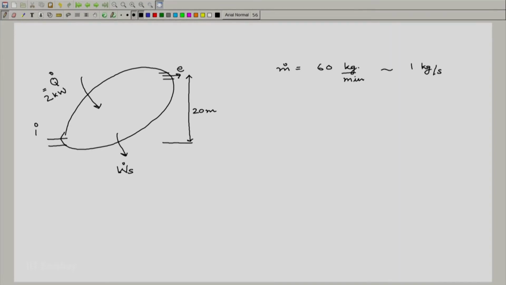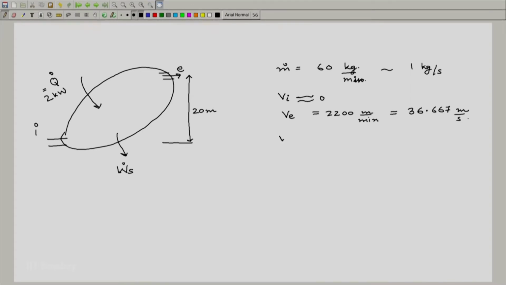The problem has been invented to wake up the students because the units are in minutes. Typically we would always work in seconds. Vi, it is mentioned, is negligible, so we will just put this equal to 0. Ve is equal to 2200 meters per minute. Again, this is non-standard. Let me convert it into standard units, and this is what is expected. You just have to divide it by 60 and you will get meters per second.